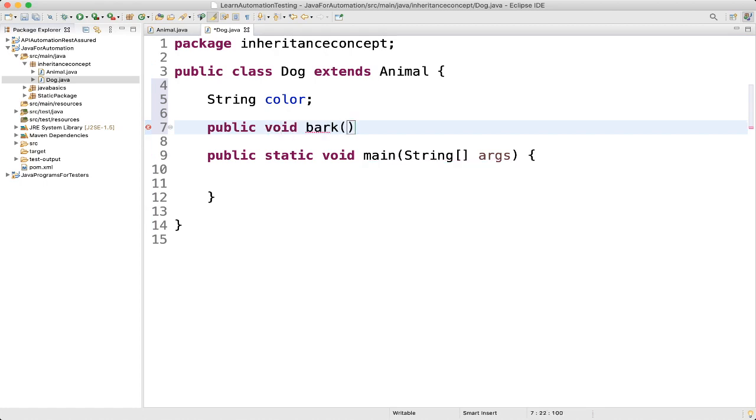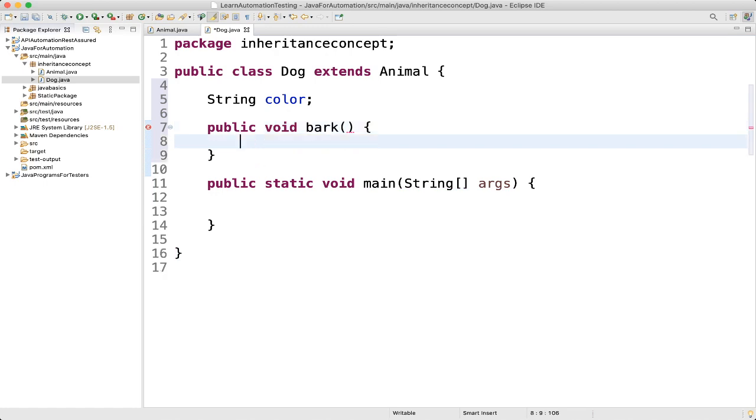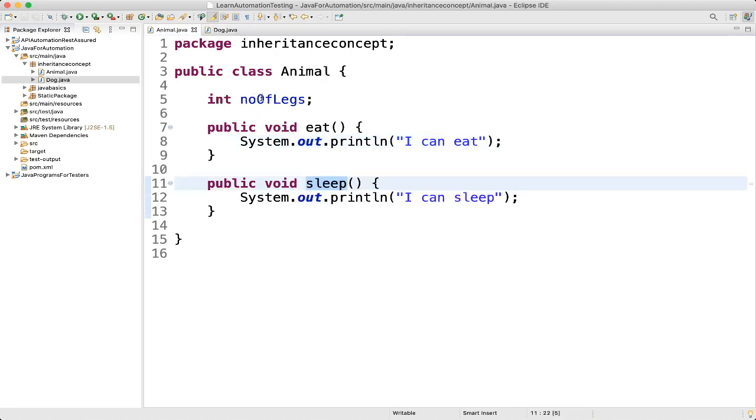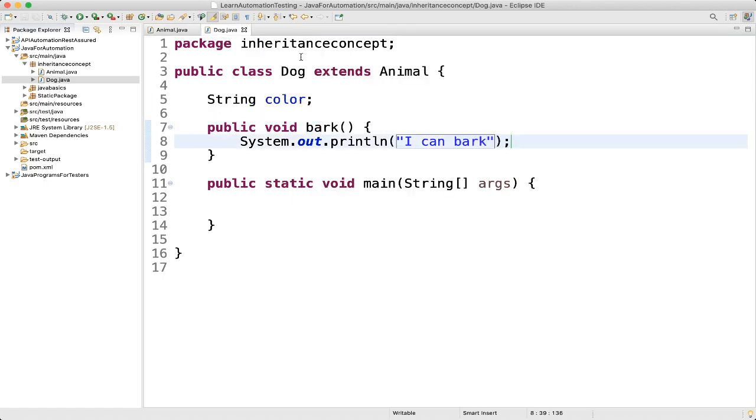So we'll write bark as a method, and here we'll print "I can bark." Okay, fine. Now we want to use these variables and methods because we are inheriting those things, right? So how can we do that?